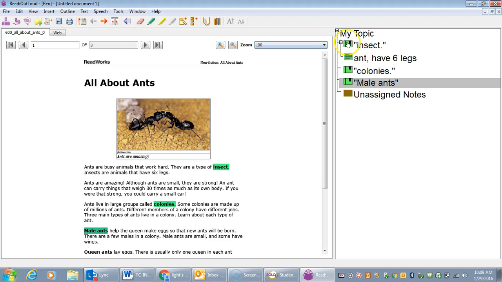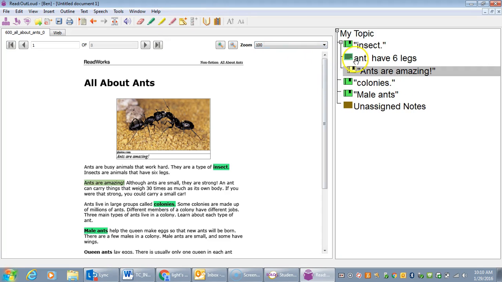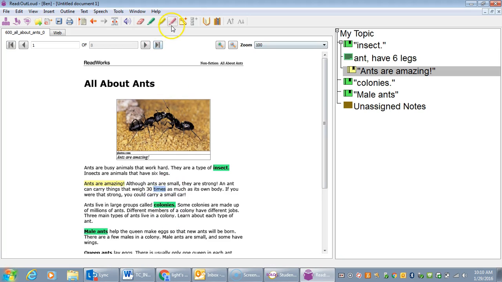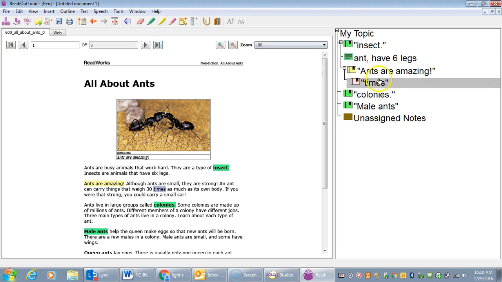All right. Now I also want to show you how to have a subtopic. Again, when it's gray, that means you're in this main topic and your ants are amazing. And I'm going to put that underneath here. Okay. Do you see we have a note created? We also have another subtopic. And we can add a note to that subtopic. We can also, just going to put 30 times. So do you see we're creating topic, subtopic, another topic underneath. We are talking about an outline structure,